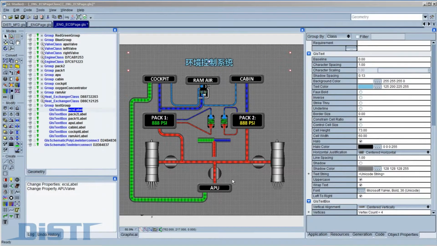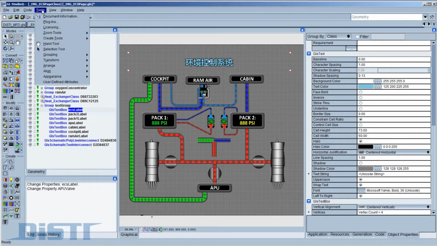This video segment features the new User-Defined Attributes capability in GLStudio 4.1. User-defined attributes allow developers to track and analyze attribute definitions by defining characteristics with the appropriate attributes. Developers add these custom attributes to the User-Defined Attributes dictionary by accessing the editor through the Tools pull-down on the